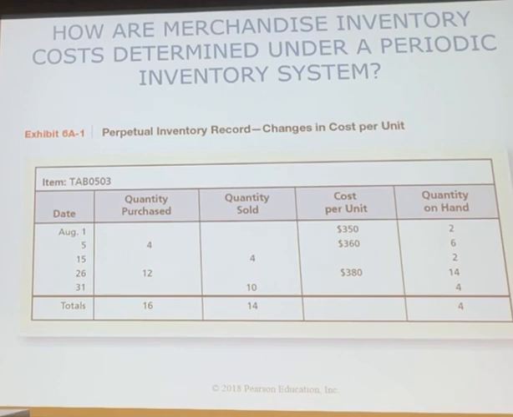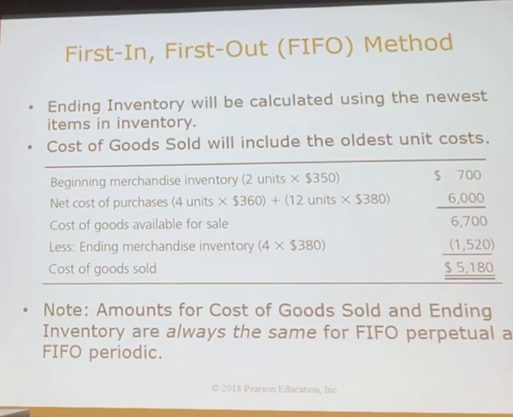So here's a perpetual inventory record that we saw near the beginning of this lecture, but we're going to use the data from this record to show how we would calculate the cost of goods sold and the ending inventory if we're using a periodic inventory system. First of all, if we're using the first in, first out method, FIFO,